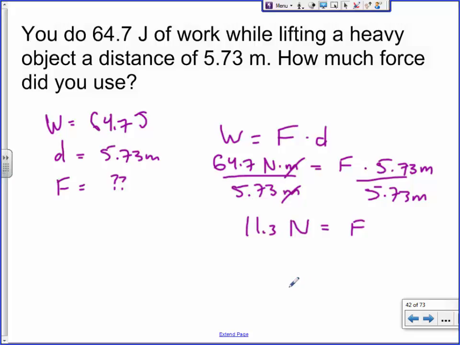Okay, on this particular question, I was a little lazy. I didn't actually give you any directions, but the force and the distance should have been going in the same direction, right? So if the force was going west, the distance was going west. So do make sure that if we actually add some directions to this in a bit, that they're going the same way. So far, so good? Awesome.